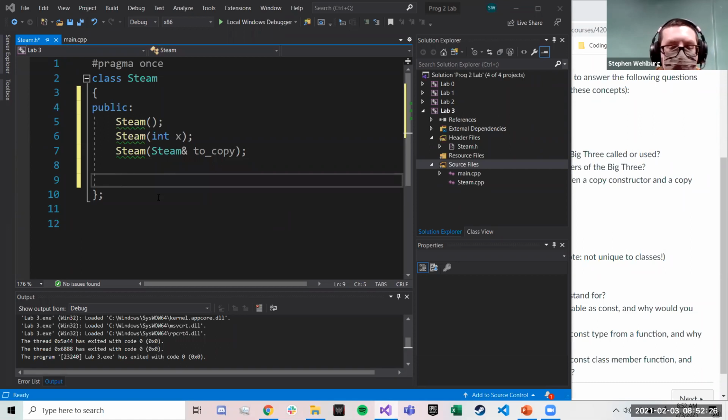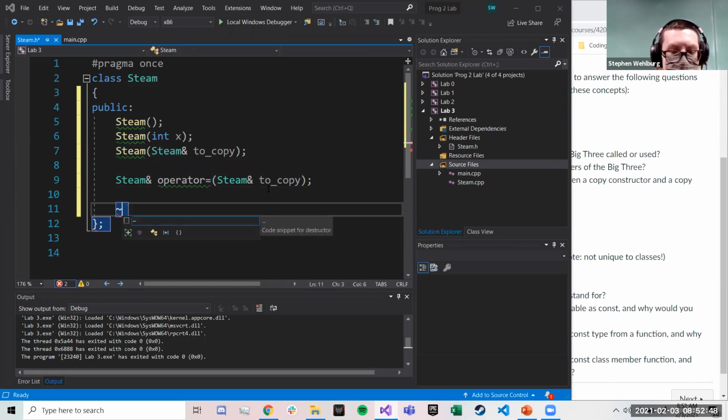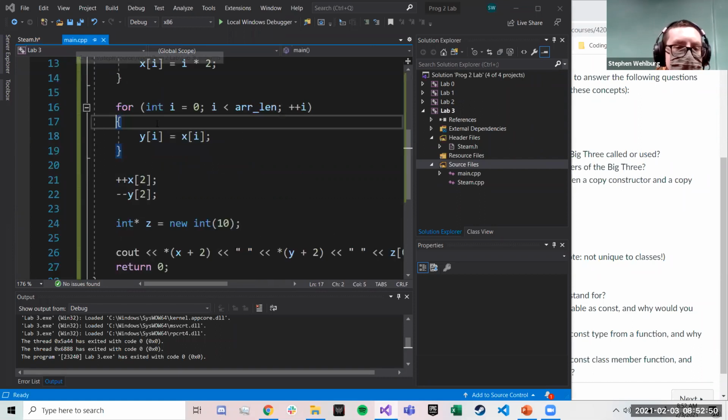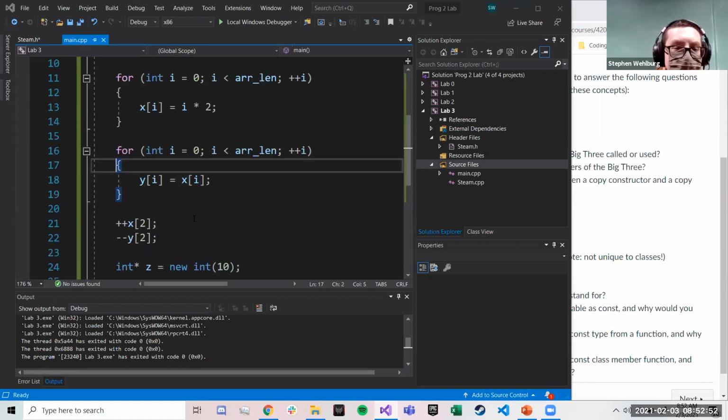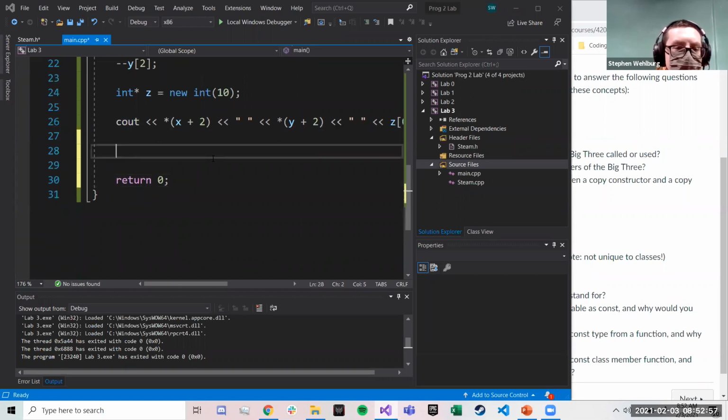The next thing is not a constructor, it's the assignment operator. So the assignment operator is operator equals, Steam address to copy. There we go. And then the destructor is this. One last thing for the destructor. Here, it's really easy. At the very end of our program, we would just do,